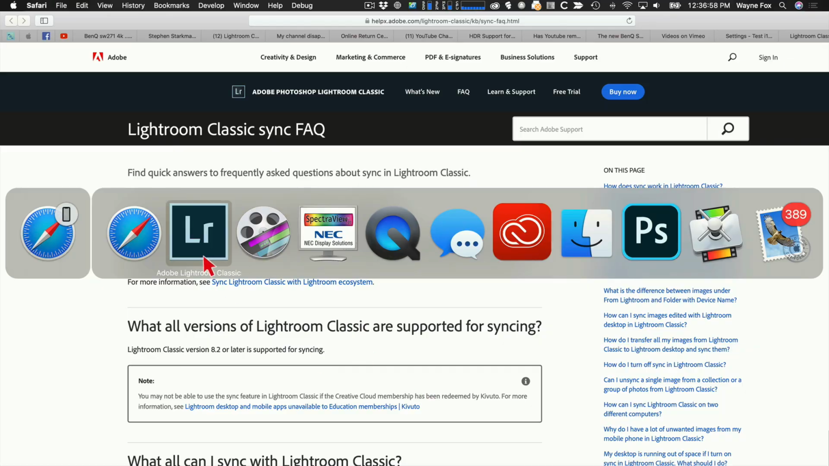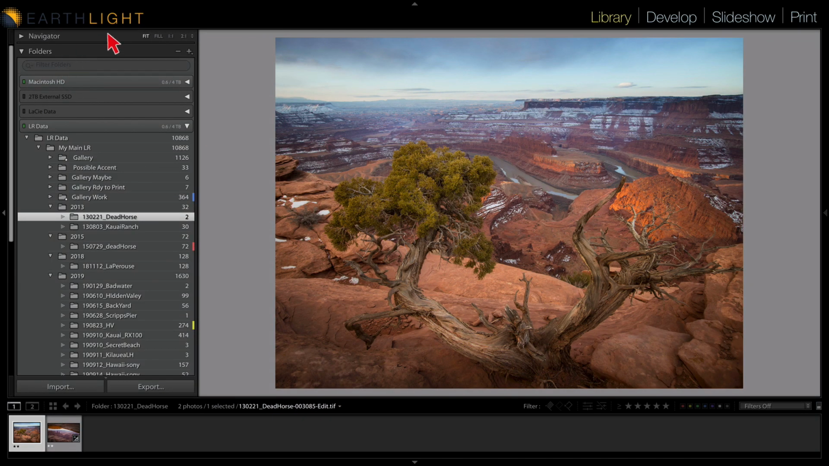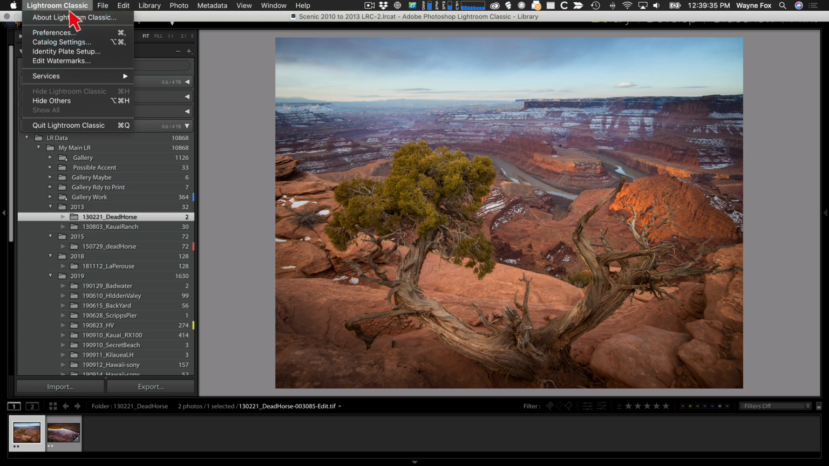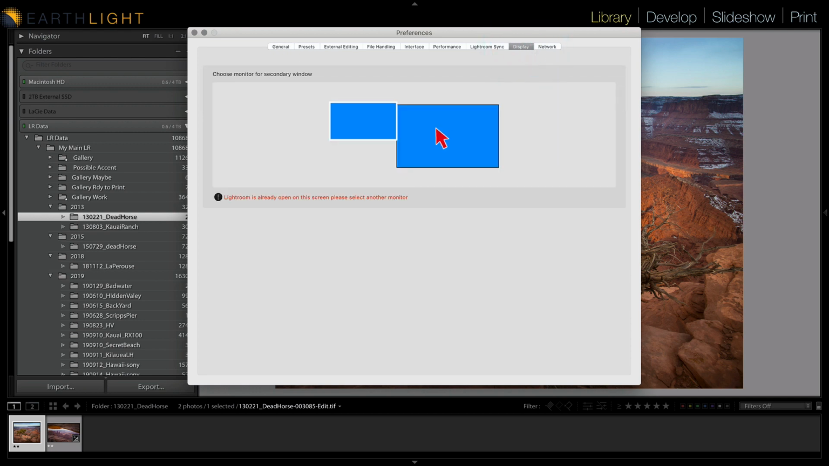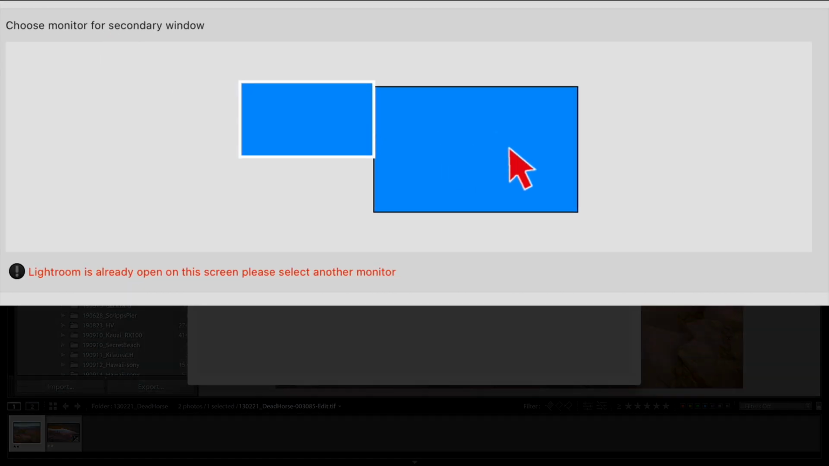How do I need to do that again? Just gives you a quick way to get to that. Very simple. So another change, which is a nice feature change for those that have two displays, they've added the ability for you to actually set and control what is your secondary display. If you go display up here under your preferences, you can say choose monitor for secondary window, and you can